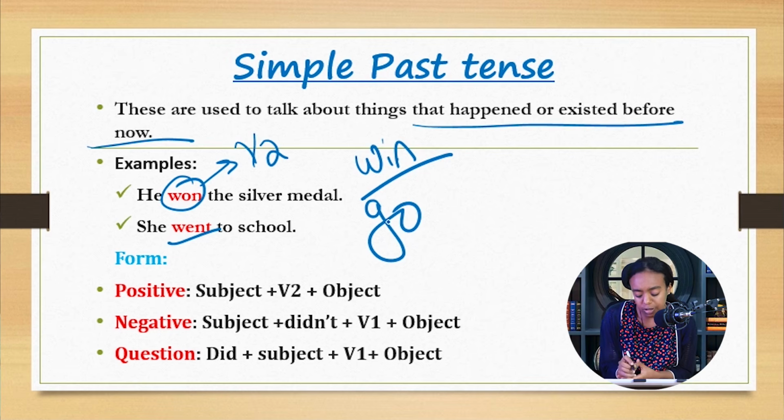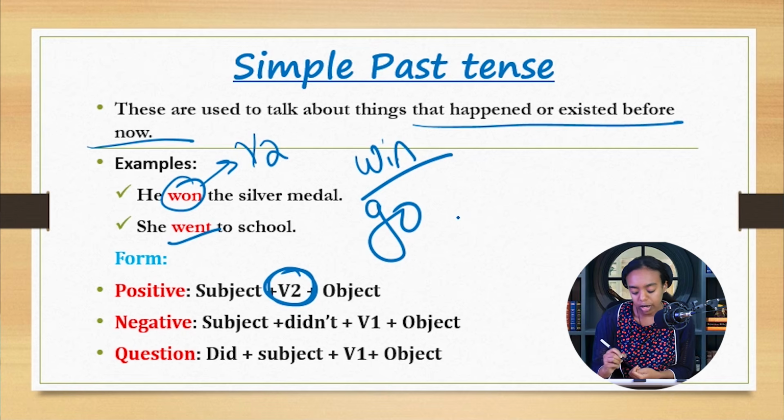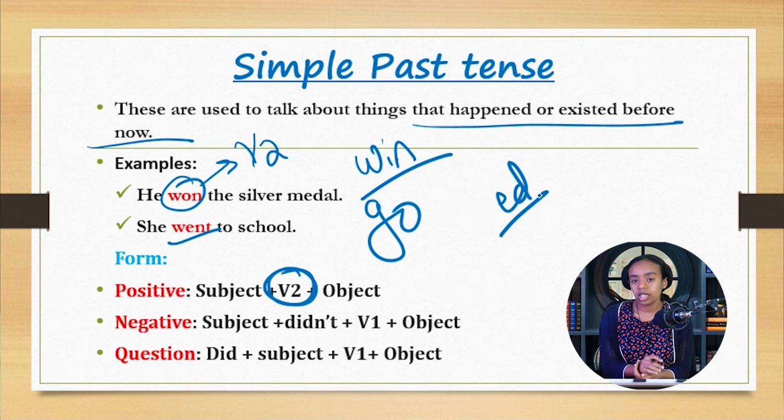ፎርሙን ስንመለከት there isn't much difference. The only difference is subject ብለን የምንጠቀመው verb 2 ነው። any verb እንዳልኳችሁ regular እና irregular የሚባሉ ቨርቦች አሉ። አብዛኞቹ regular የሆኑ ቨርቦች ed ነው የምንጨምርባቸው። last timeም አይተነዋል ይሄን። ed በመጨመር we can make the verb 2 form of this verbs. But irregular የሚባሉት ግን ሊስት አላቸው።